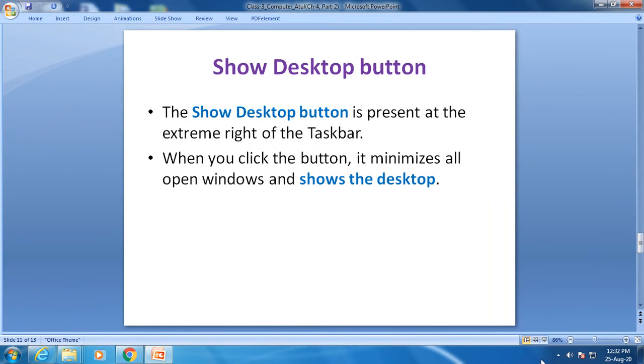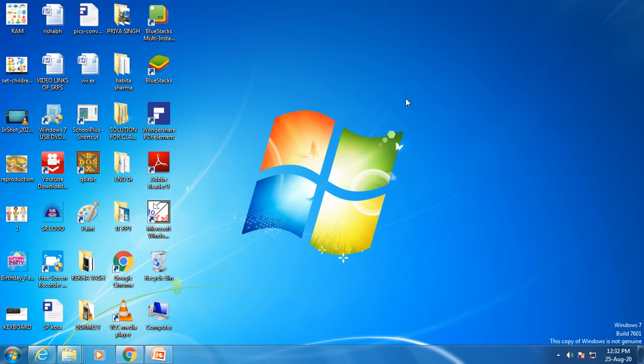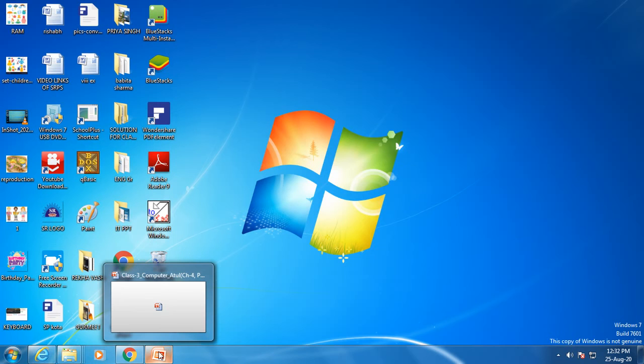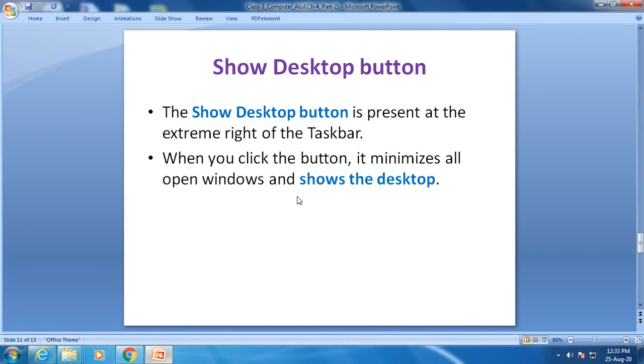Fine. In this way you can see the desktop, but if you want to move to the desktop permanently, you just need to click. Now you can do work on the desktop. Fine. The file is open in the area with its icon. You can click and you can move back to your file.